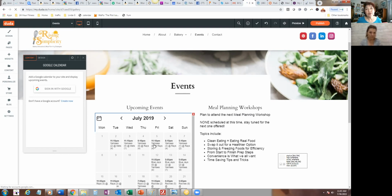And now everything you put in your Google Calendar, which will keep track of everything that you're doing, will show up, those events you want to share on your Zoom calendar. And that was just adding a widget. See, that was new. That's why I had to check. What if I didn't want it to be my Google Calendar? Can you just do